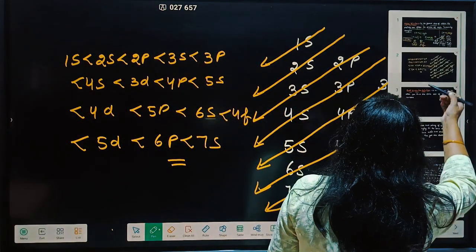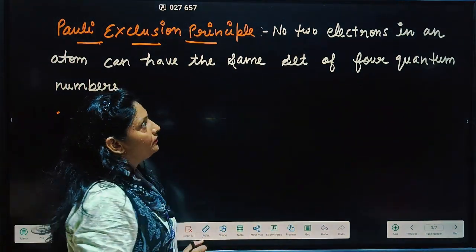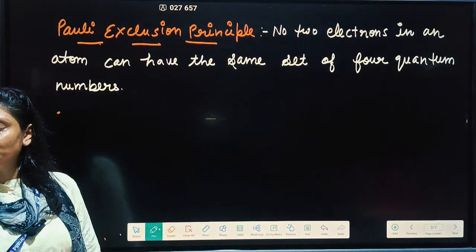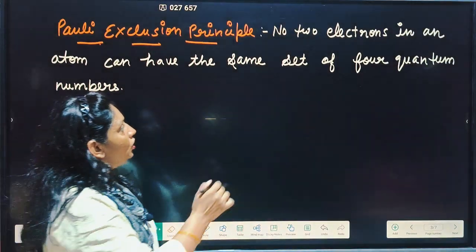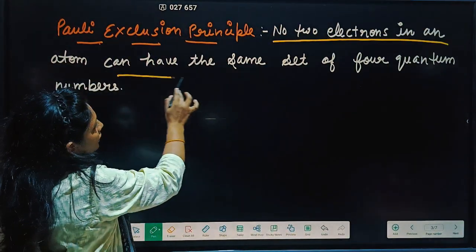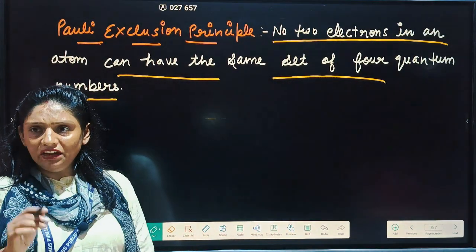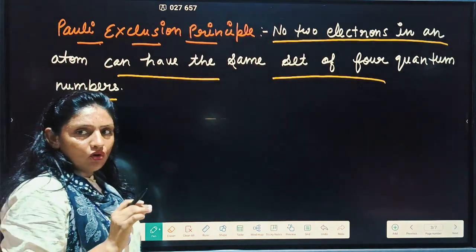Students, two more rules are there. The second one is the Pauli exclusion principle. What do you mean by Pauli exclusion principle? No two electrons in an atom can have the same set of 4 quantum numbers. Even if two electrons are filled